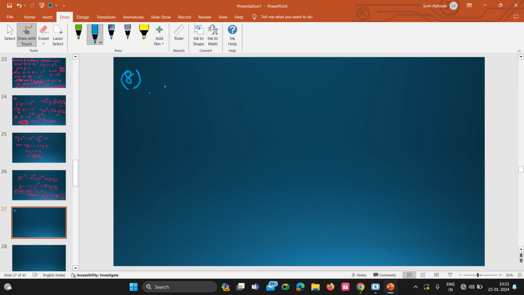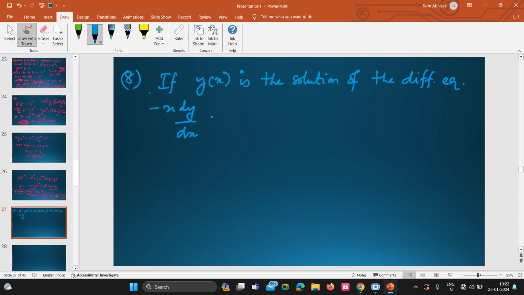Question number 8 is: if y(x) is the solution of the differential equation minus x dy by dx plus y is equal to y squared log x, with y of 1 is equal to minus 1, then